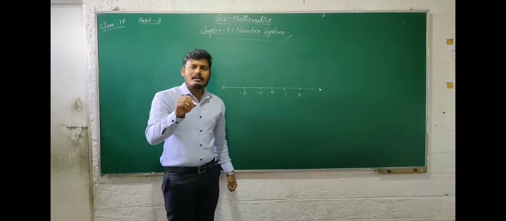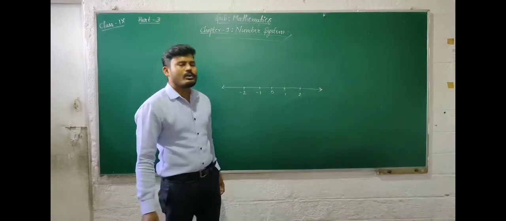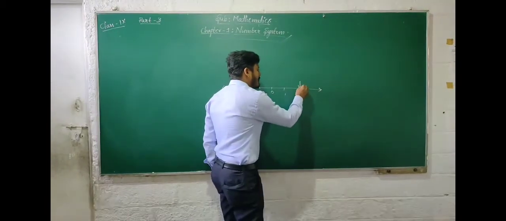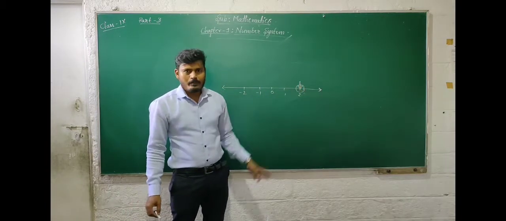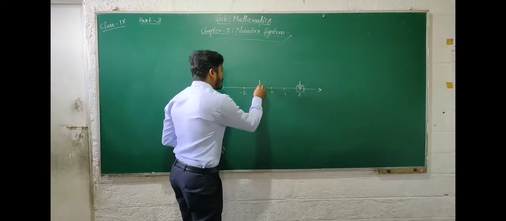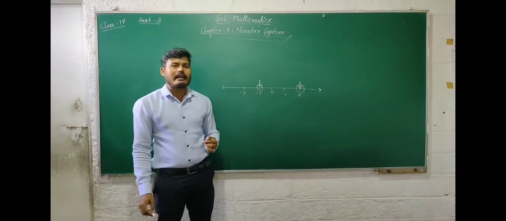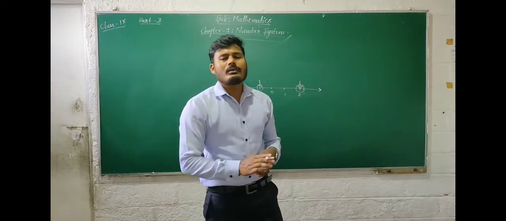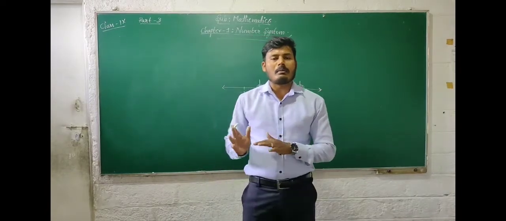Then mark the number 2 on the number line. It is very easy to denote the number 2 on the number line. So here the number 2 on the number line is here. So this is the value of 2. Then what is the location of minus 1 on the number line? So here minus 1 is here. So this location indicates minus 1 on the number line. So this is the method used to locate or denote any number on the number line.